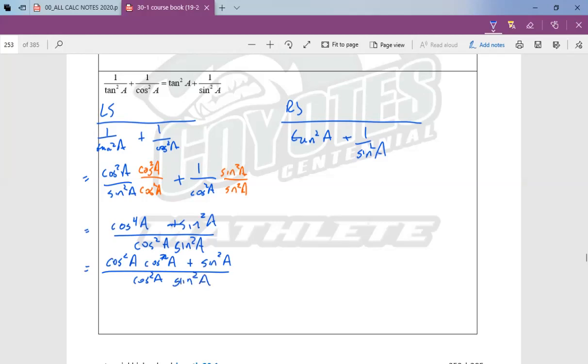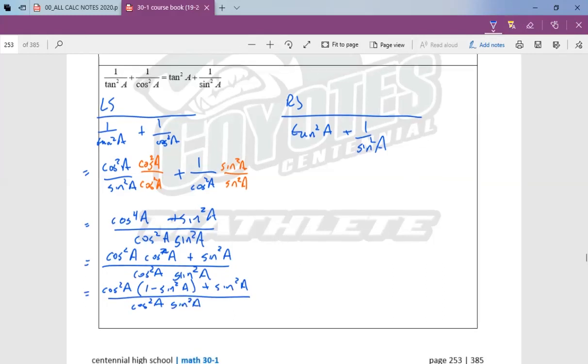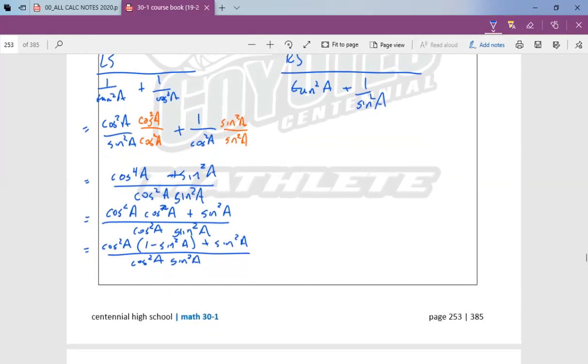So I just broke that apart into cos squared times cos squared. One of those I'm going to call 1 minus sine squared. Let's see what cos squared is. Now, the reason that we're doing this